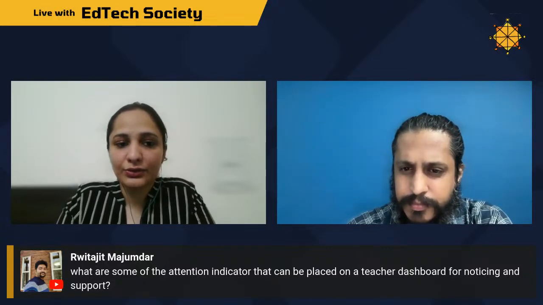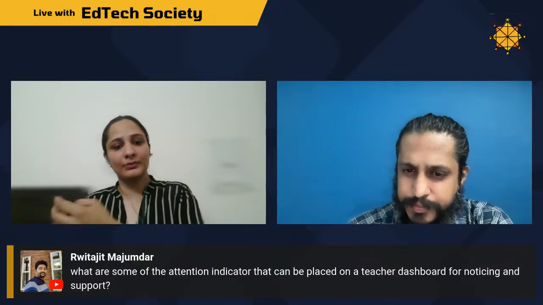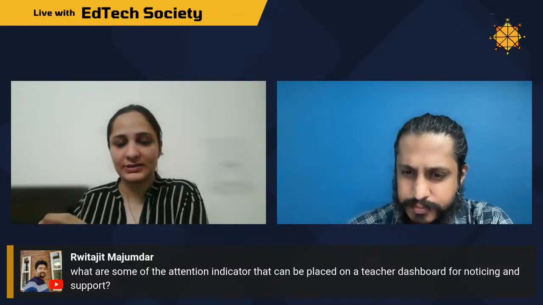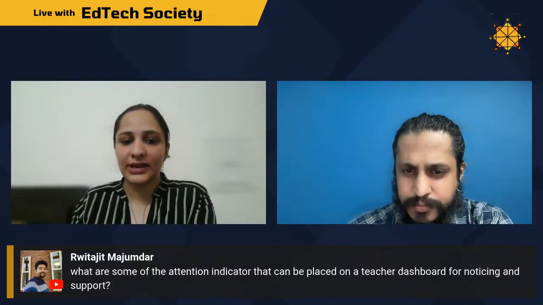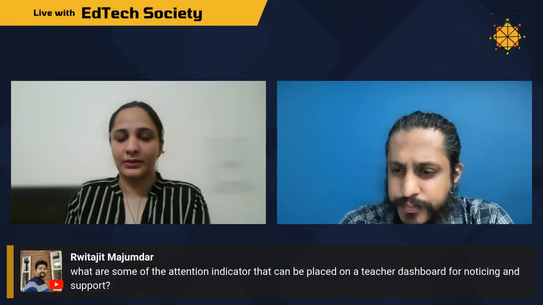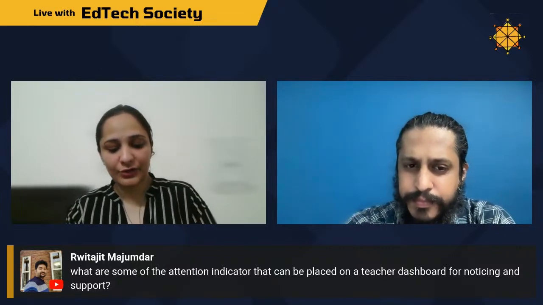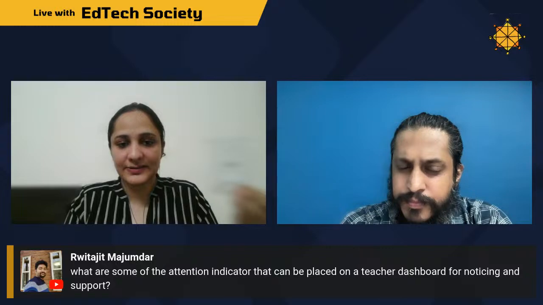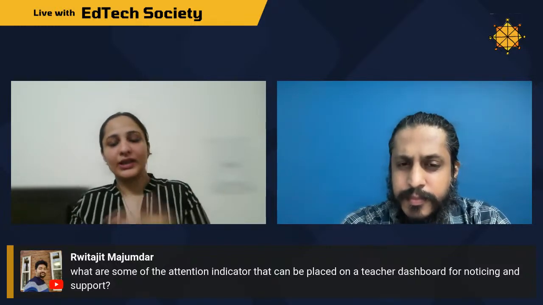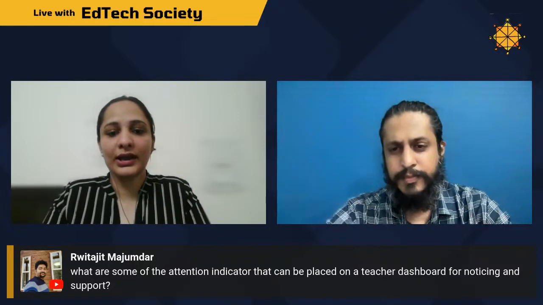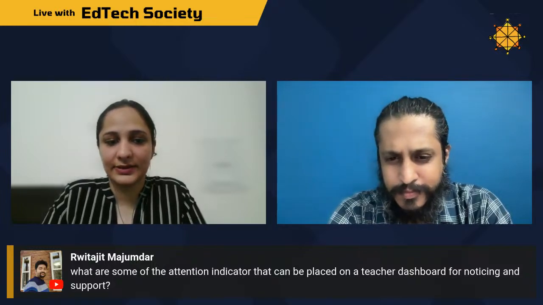So there we need to pay attention. The indicator will be like the student has attempted it maybe x number of times and it has crossed the limit that we have set, and now we need to intervene. A teacher has to intervene, or a teacher has to give some suggestion to the student. So basically, the first point is that we have to be aware of what these specific points are that we want learners to notice. We have to map it to what it would look like on a digital platform, and then accordingly we can place the indicators on the platform itself.